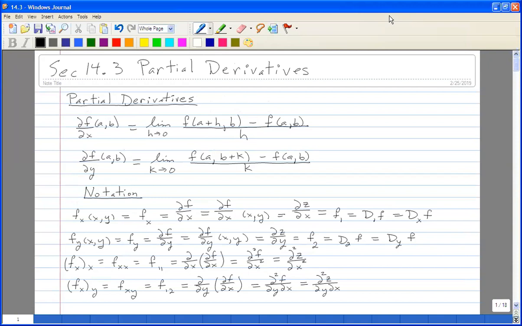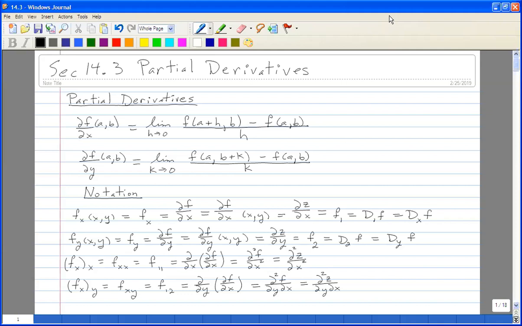Section 14.3, partial derivatives. Before I start to talk about partial derivatives, let me just say that the derivative of a function of several variables is not a partial derivative. However, once we define a derivative of a function of several variables, or maybe several functions of several variables, it will involve